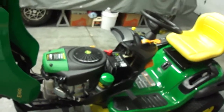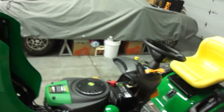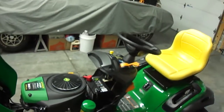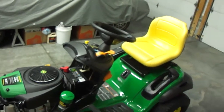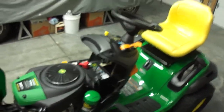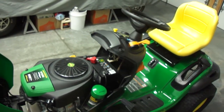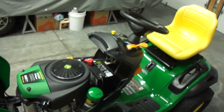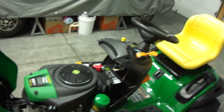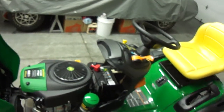Haven't had any issues at all with it, and it's been mowing 2+ acres since last year, minus the winter season, which I stopped mowing last year at the 1st of December, and that was just because the weather got in the way at the end of November. But regardless, it's a great mower. I ironically did purchase this particular mower at Home Depot, and I will say it lives up to the John Deere name. And I will say that if you're considering purchasing a tractor like this, I don't think you would be